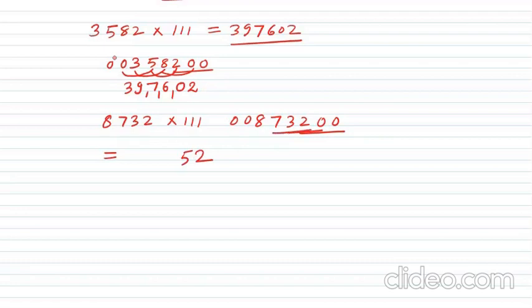7 plus 3, 10. 10 plus 2, 12. So write 2. 1 is the carry over term. So write 1. Now add these three terms. 8 and 7, 15. 15 plus 3, 18. And this 1 makes it 19. Again 1 is the carry over term. Right. Now write this 0, 8, 7. So 8 plus 7, 15. And this 1 makes it 16. So write 6, 1 is the carry over term, and then 0 plus 8 is 8, and this 1 is equal to 9. So what is the product? The product is 9, 6, 9, 2, 5,